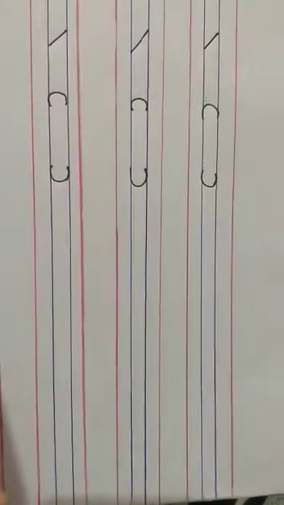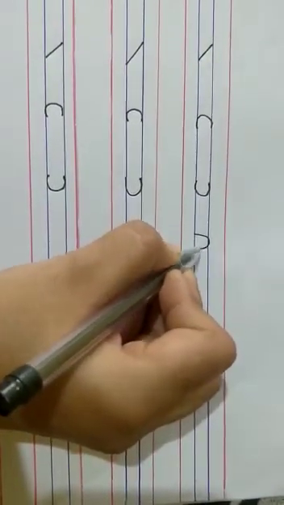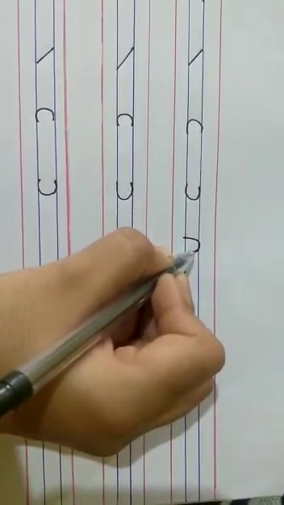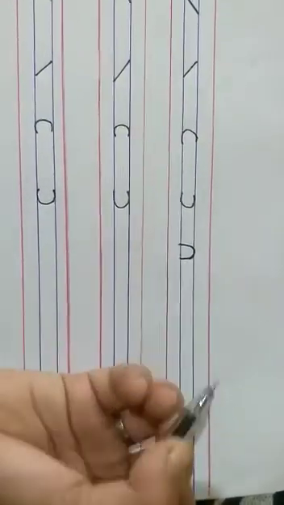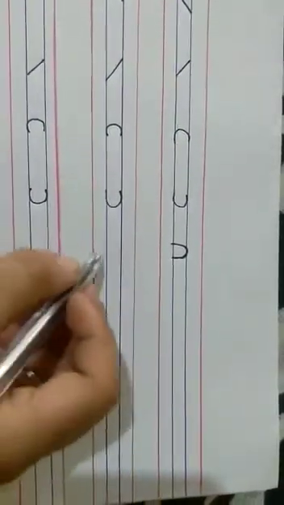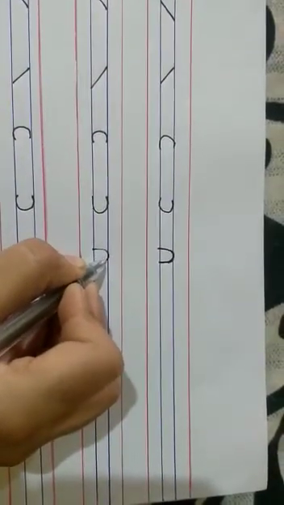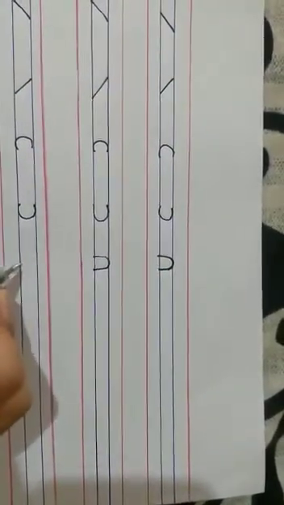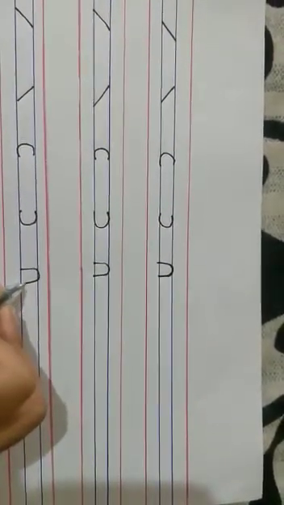then the next line is downward curve line. See how I'm making downward curve line? You have to start from the bottom blue line, move upward, and then again we have to make a round and then move towards the downward, towards the bottom blue line. Okay, we will start from the bottom, move upward, make a turn, and then move downward back to the bottom line. We will start from the bottom, move upward, touch the blue line, make a curve, and then move towards the downward blue line. Okay, bottom blue line.